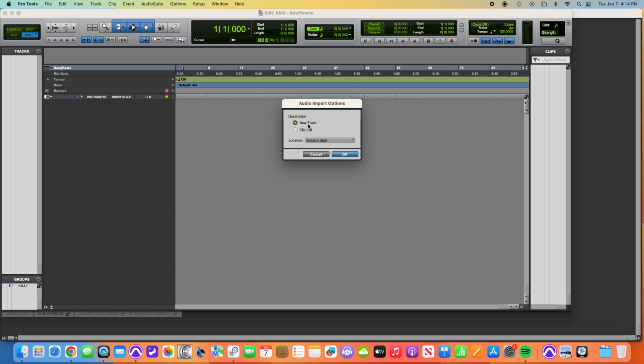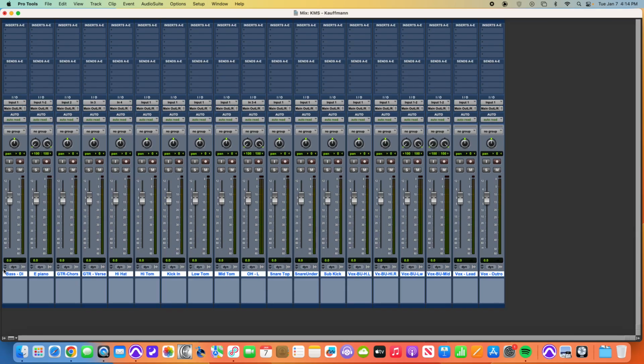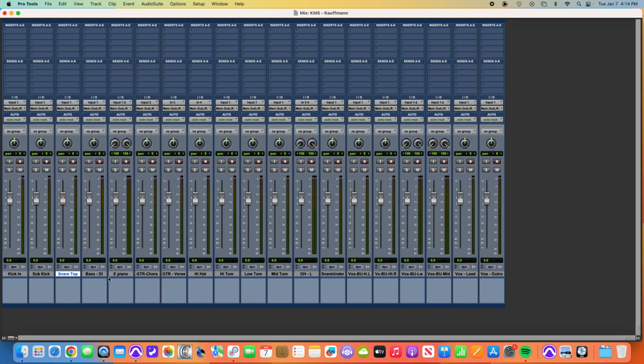Okay, I'm going to go to new track, hit create, and let's see what we have. All right, I like to order my things like so. Everything's highlighted, so I need to hit Command and click so I can separate. I'm going to take my sub kick, move it over to the right, the kick in all the way to the left. Sorry, other right. Snare top, snare bottom,